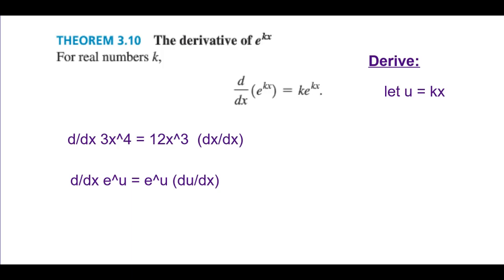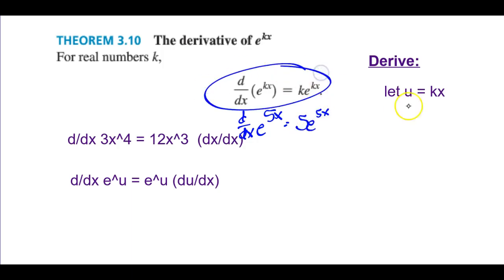So I think this slide is kind of introducing what I just had introduced earlier to you. So I guess I wasn't that far ahead. The derivative of e to the kx, where k is some constant like 5, they're saying it's 5e to the 5x. And that's the definition that they're giving you there. But the reason why it's working is because of this u du discussion, which I don't mind introducing, but we really don't get this a whole lot until we hit the chain rule, which is, I think, 3-6 or so,